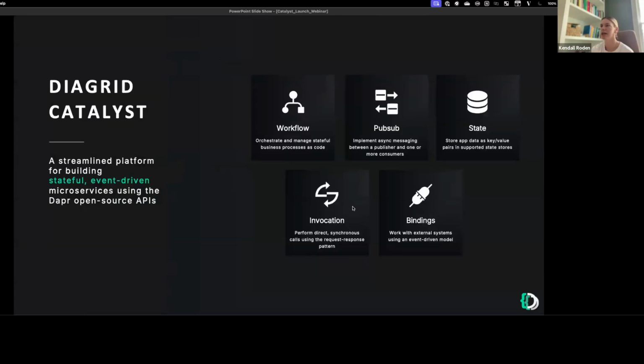All right, awesome. So when we're looking at Diagrid Catalyst, the platform, we understand the core concept and what it's aiming to achieve. But ultimately, there are 5 APIs that it exposes today, all of which are backed by these Dapr open source APIs. So we have the workflow API for stateful workflow orchestration, which we will see in the demo today, so you'll get a really good taste of what it looks like to make use of these in practice. We have the pub/sub API, the state API for data management and retrieval, the invocation API,